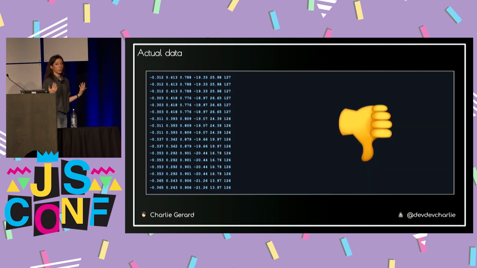So we still have 6 points of data, X, Y, and Z, from the accelerometer and the gyroscope, but the data is not precise enough. Don't worry about trying to read it, but if you look at it maybe a bit later, you'll see that the points of data look exactly the same over all the lines. So over time, there's actually not that much of a change coming from the sensor. I haven't quite figured out why yet. Maybe it's my sensor, maybe it's my code, I'm not sure.